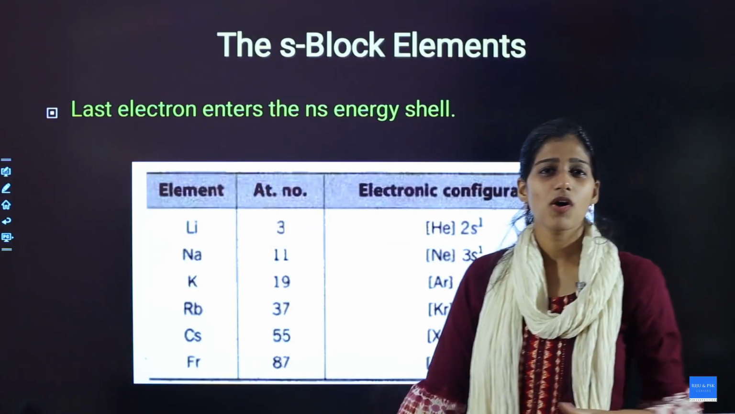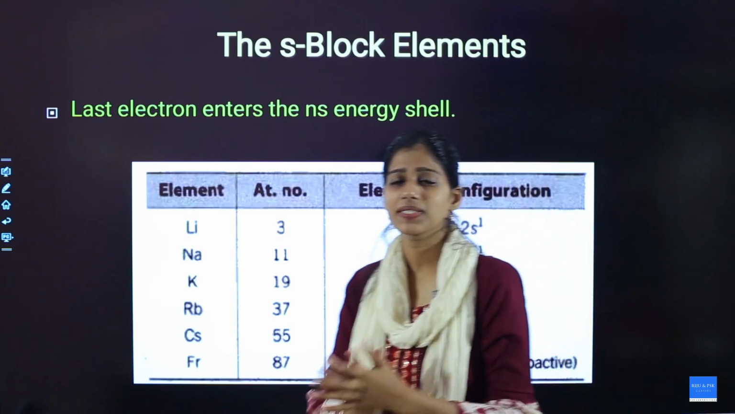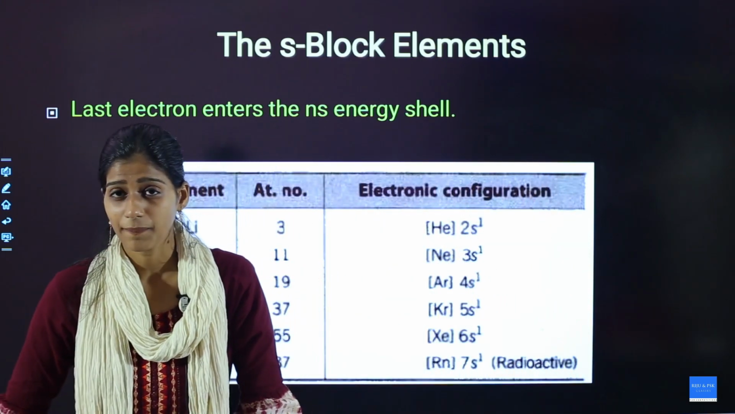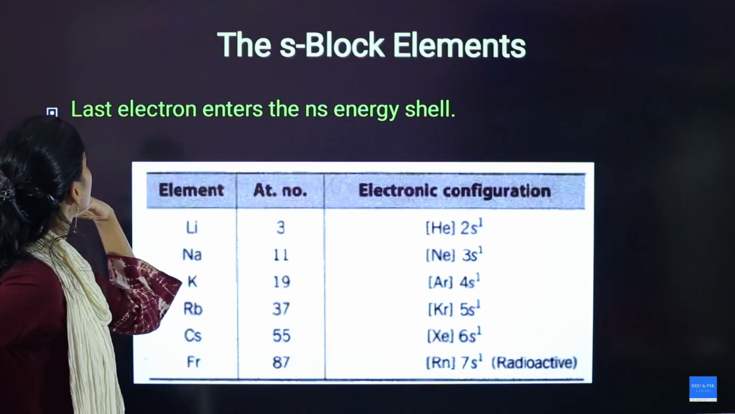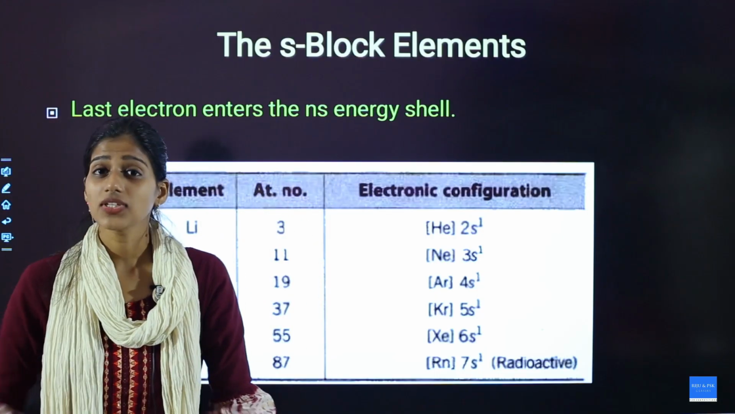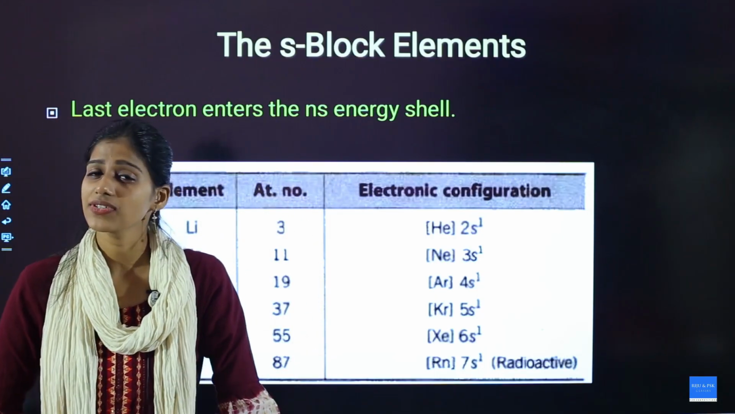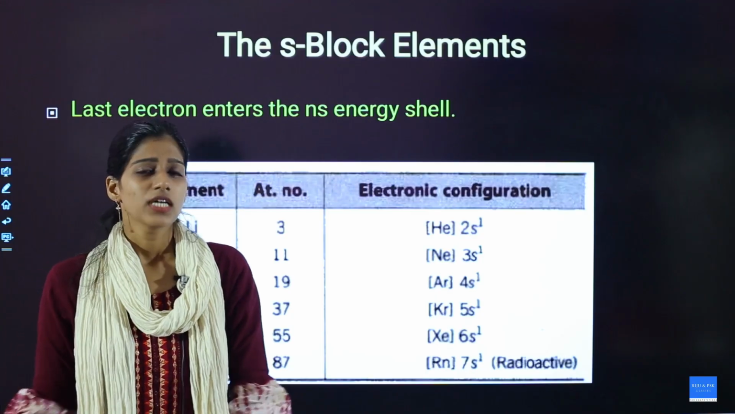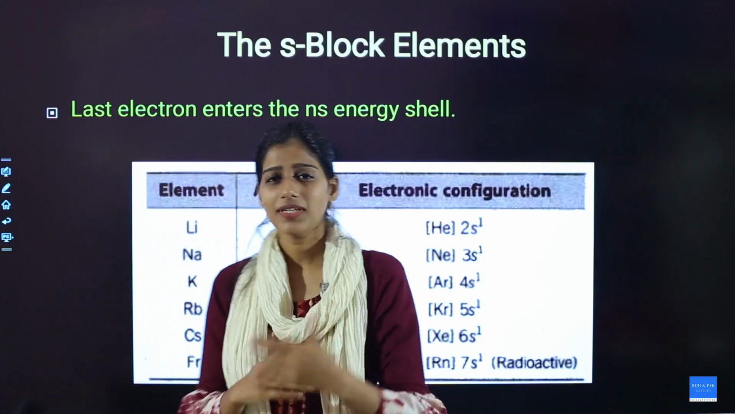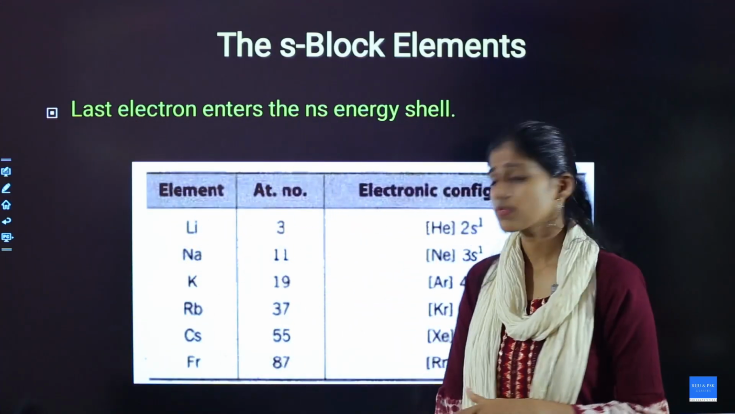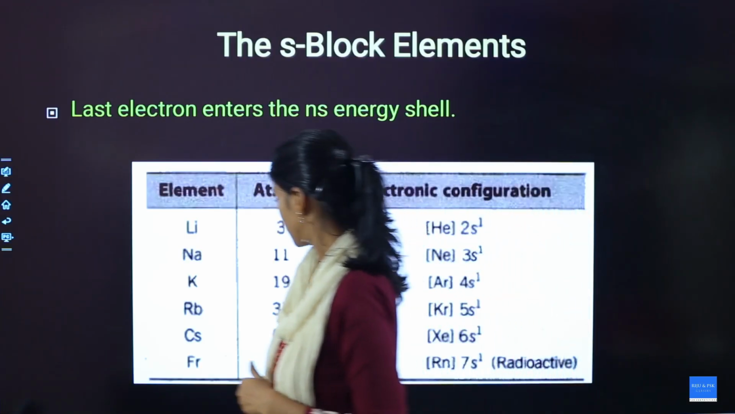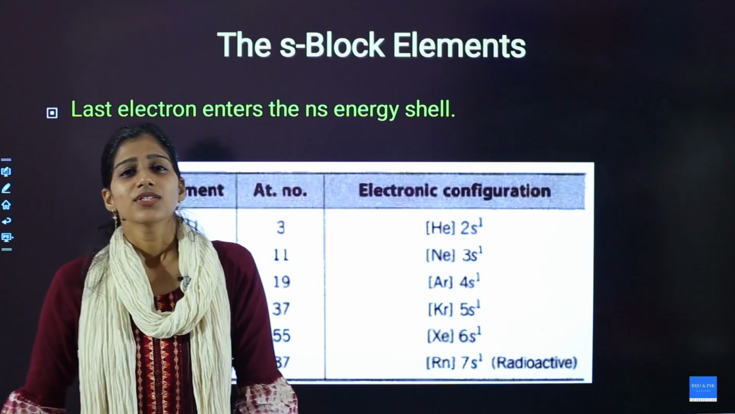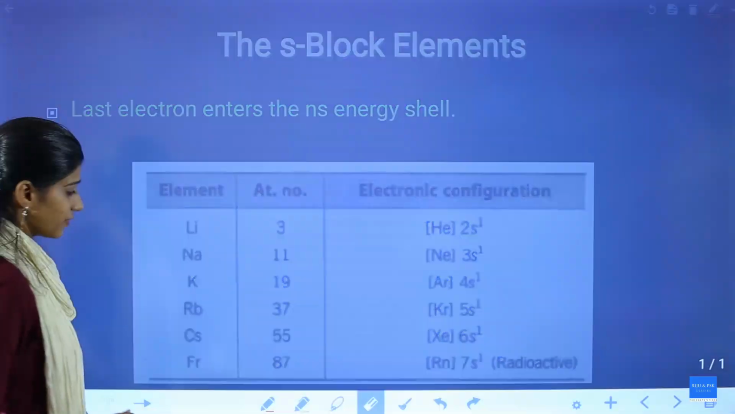So, let us see block wise. First one we are discussing is the S block. The definition is already discussed, because the last electron enters the S orbital and hence it is known as S block. Let us see what are the elements. You have lithium, sodium, potassium, rubidium, cesium and francium. When you write their electronic configurations,